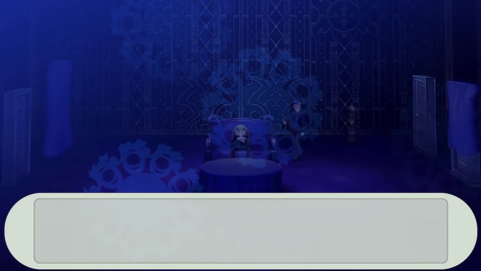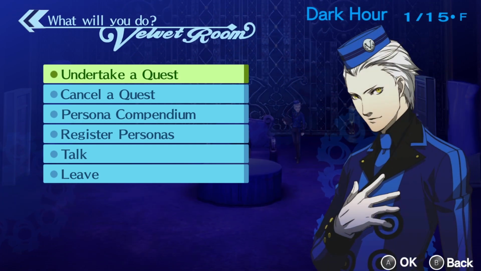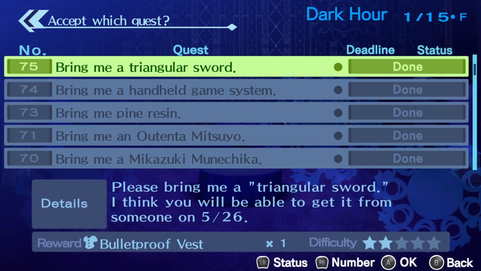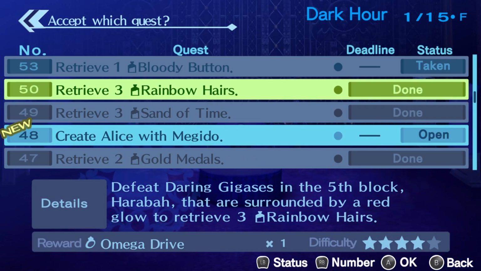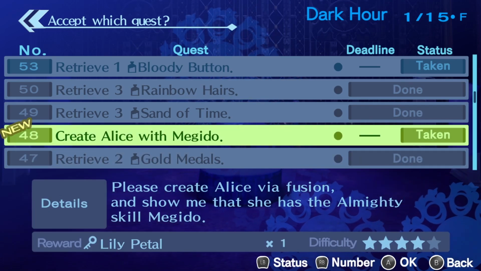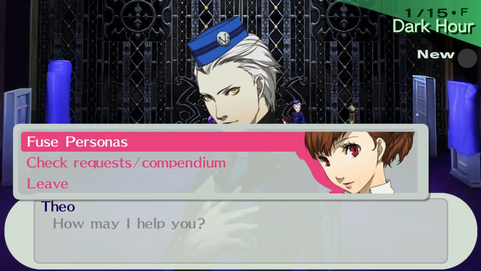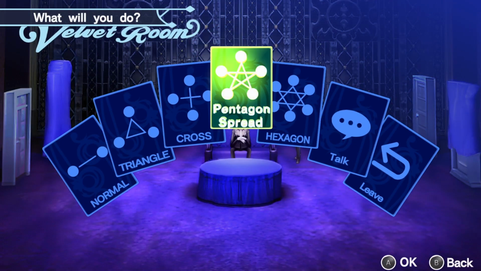And we get the winter outfit for Ken. I don't know if these are going to be good enough to use at the moment. I'll have to go double check. Anyway, now we have Alice with Megido. Now, I actually have Megido as a card, so I'm not too worried about it. But it is possible to get Alice